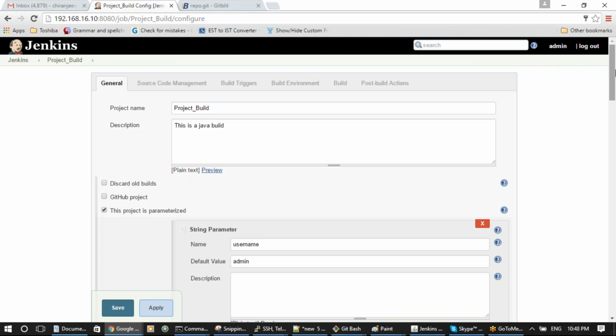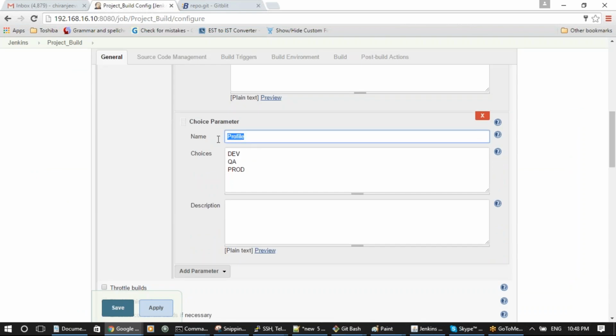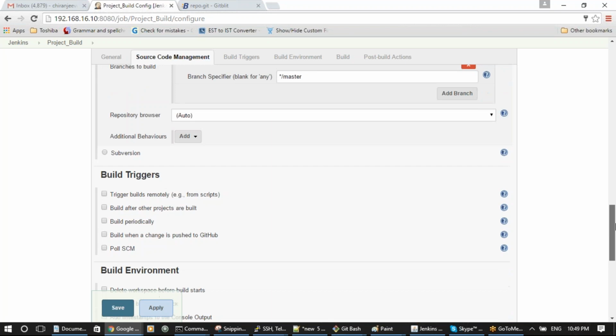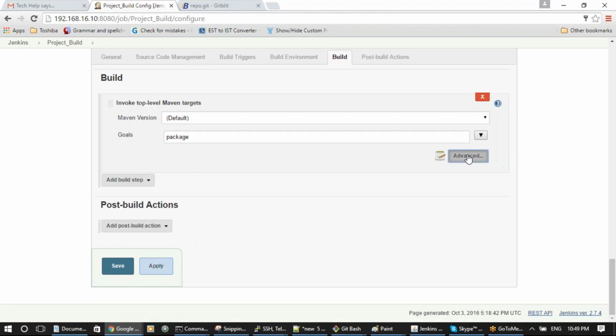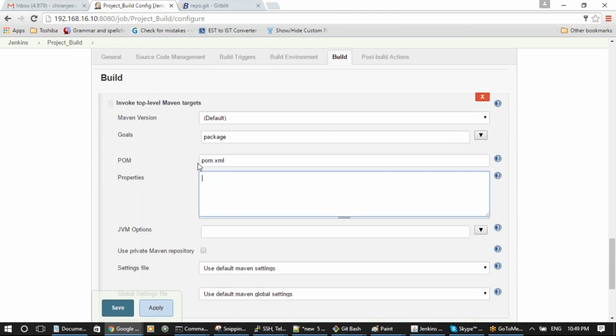What I can do is, instead of profile, I'll call it goal. Now I have a compile goal, package goal. Just remember these are all what we call a phase. Which phase do you want to call? Those phases you can call from here. You remove the profile. Now package is right. Now you call it as a phase, so that will be passed here. Let's see